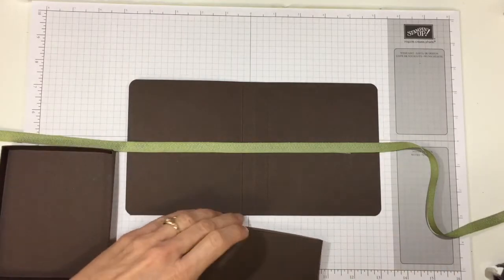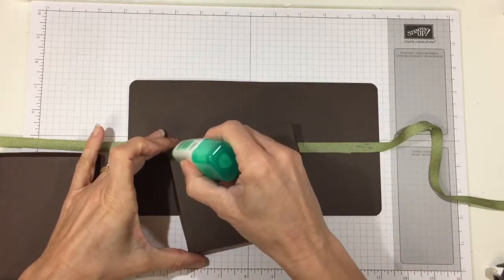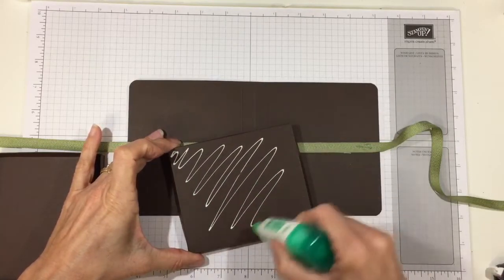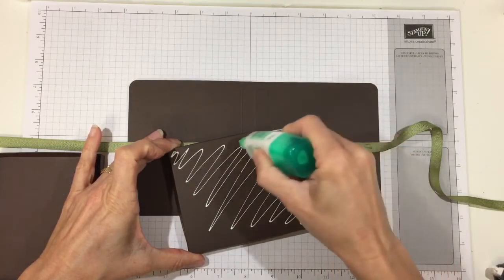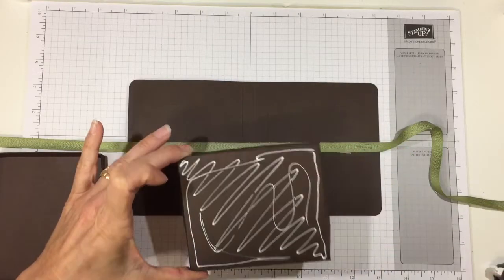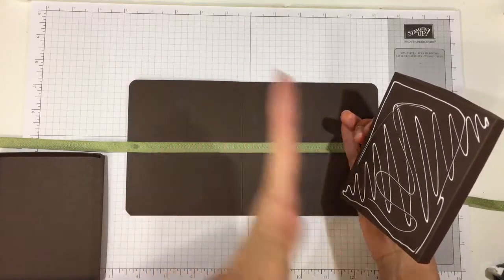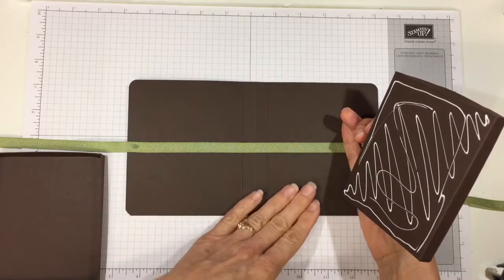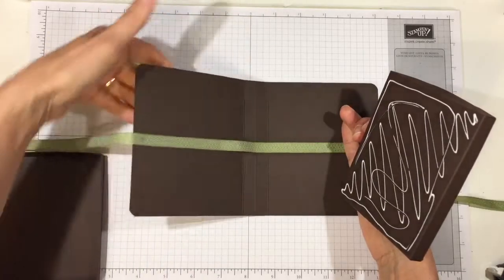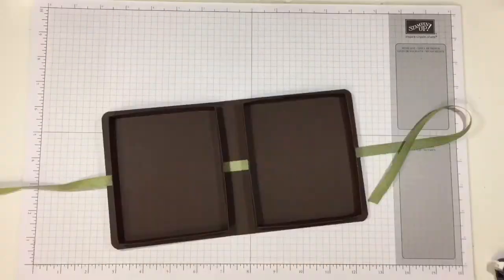And how I did that was with Tombow. Alright, and how I put that on was Tombow. So get a good covering of it all the way to the edges. And then we have the 1, 2, 3 score lines. So for this right one, the box that's going to be on the right side, I'm going on that last score line, and I'll go ahead and...